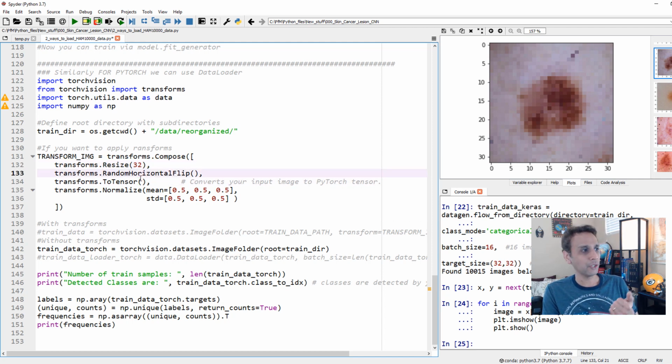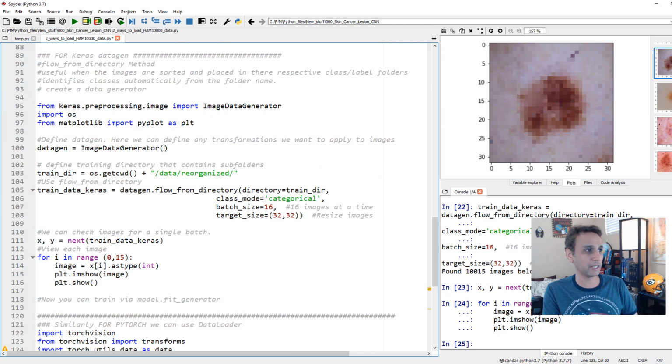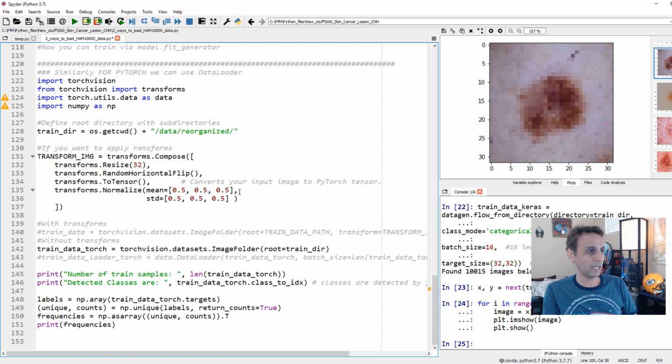Random horizontal flips, you can do, and convert to a tensor, so you can actually bring it into your PyTorch model training later on. And if you want, you can normalize this. If these images are not normalized, that's another thing. You can also normalize these here, right? In image data generator, you can say 1/255, so you can scale them to values between 0 and 1. Here, you can normalize them with a mean around here and standard deviation around here for these 3. And then you can go ahead and train your